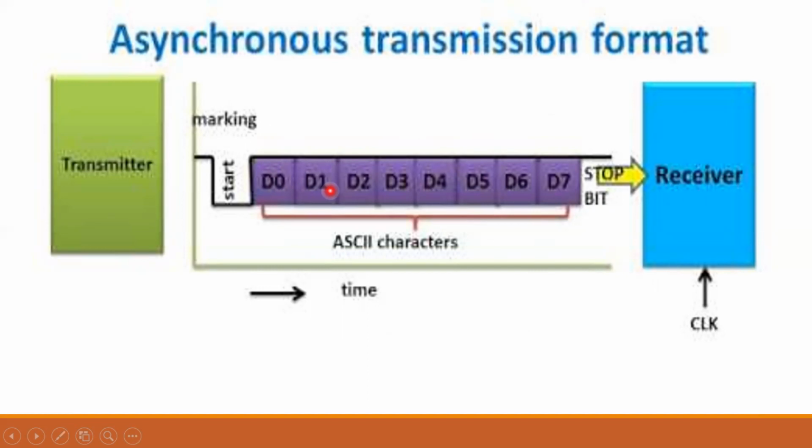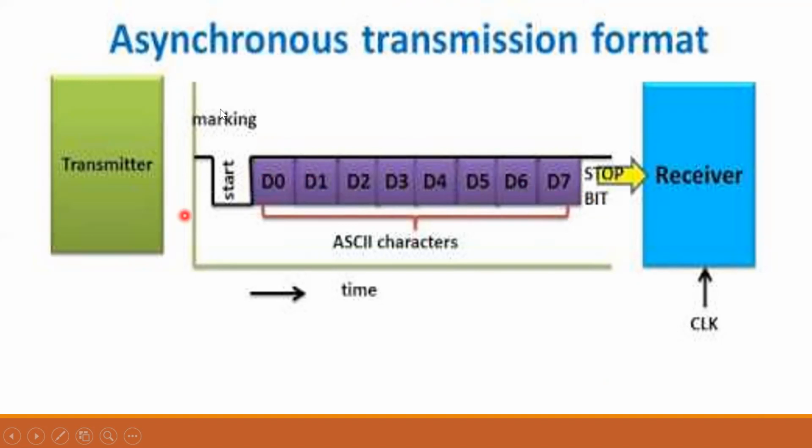So how it works is, when no data is being transferred, the receiver stays at high, that is at logic 1, called mark. And logic 0 is called space, that is when the data is transferred, it is in the space mode, at the logic 0 mode. Now the transmission begins with one start bit, followed by characters and one or two stop bits, that is high. This is also called framing.